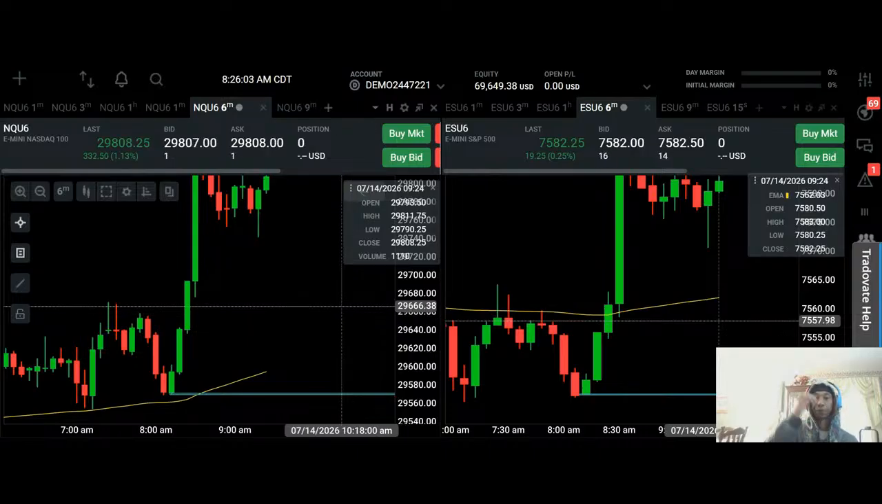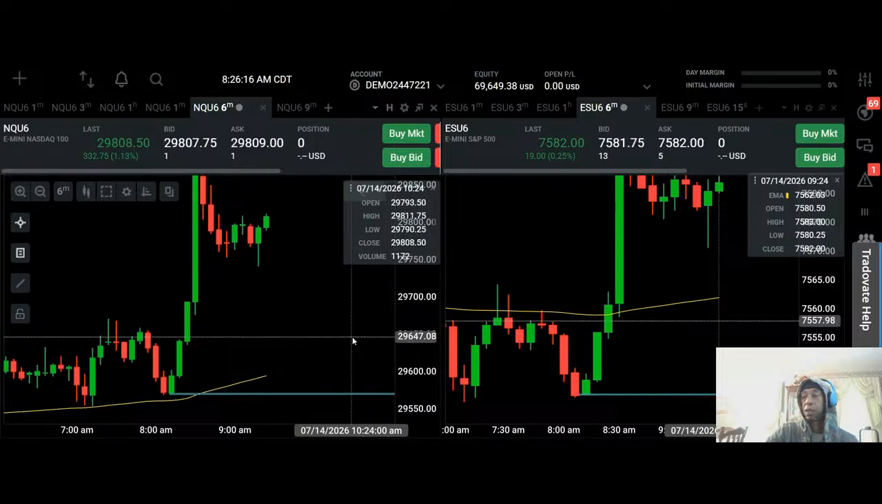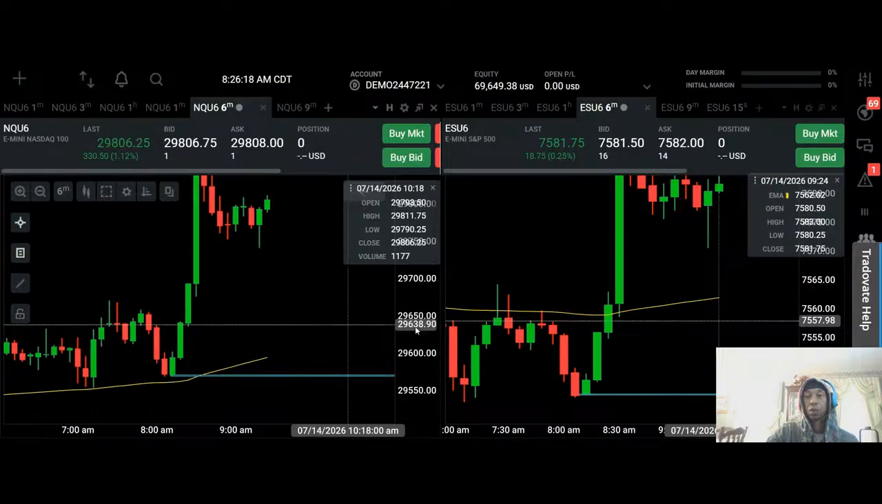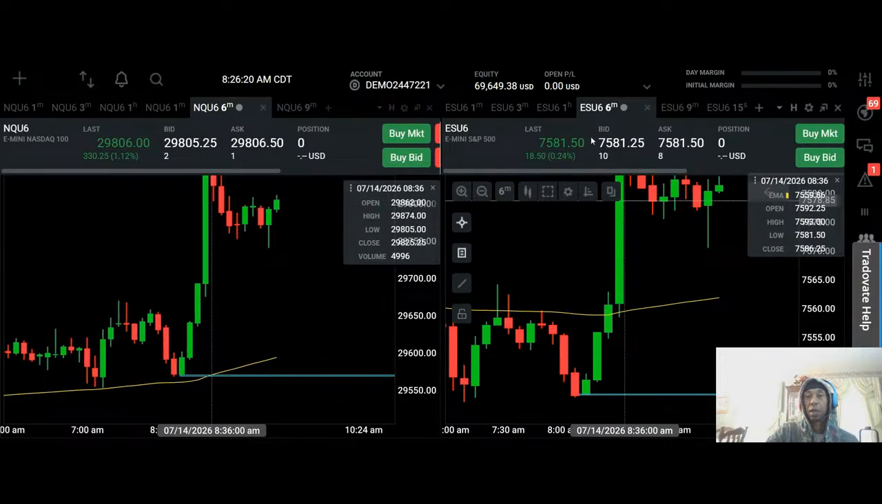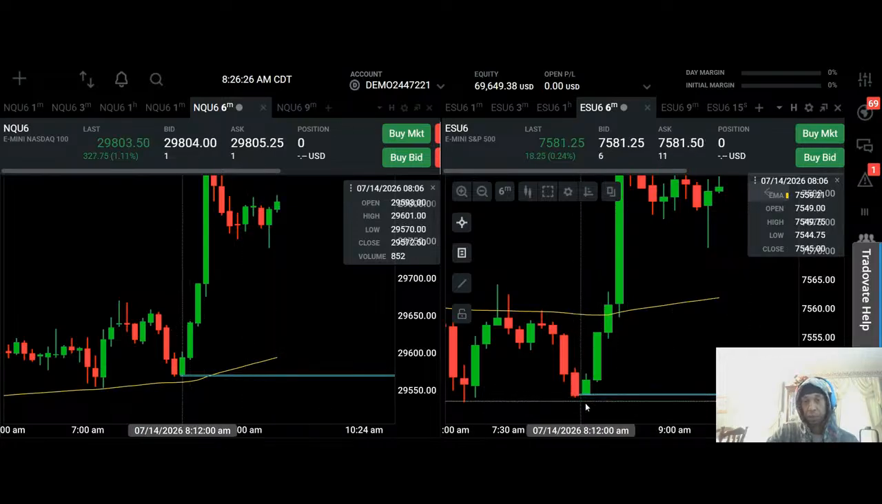But I found out the other way works at a much higher proficiency. So with that being said, I will take this. This is still an A+ setup. So at market open, I will wait for this 6-minute candles chart to come back down here, sweep this low, particularly